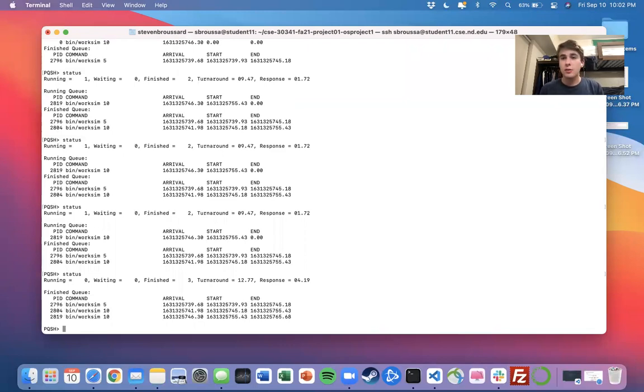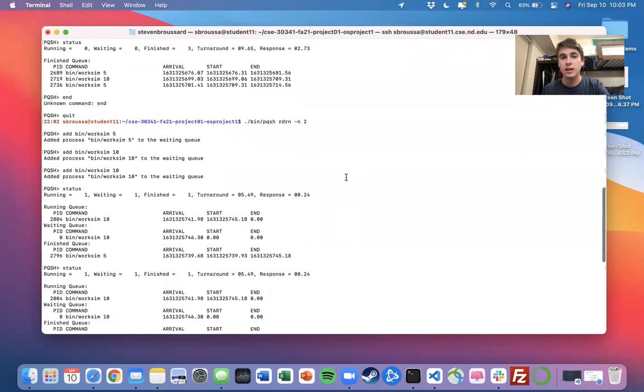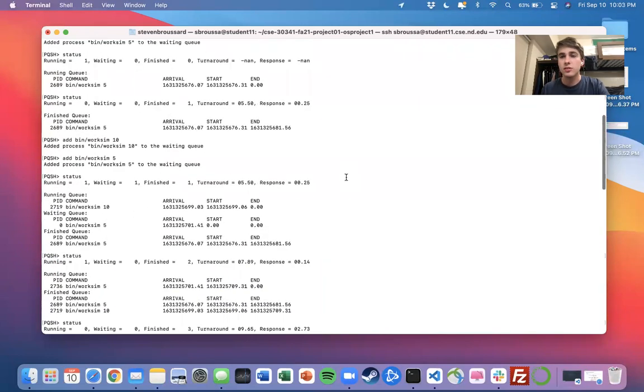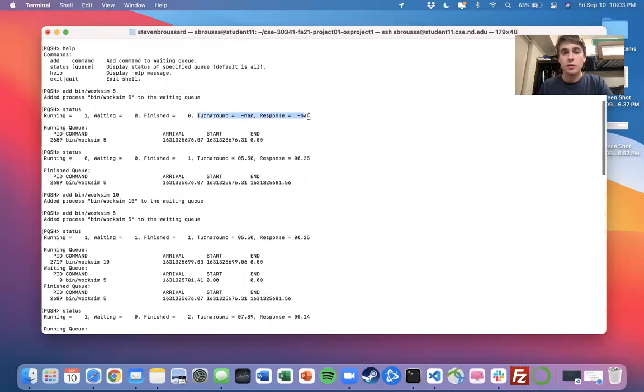So yeah, that's just how the project works with manual input. And as far as issues that I experienced with the program, I didn't really see any issues, except I tried adding a lot of different processes, and it still worked correctly. It just took a while, but it passed all the tests. The only thing, which is not really an issue, just a minor error, is up here. It starts off as not a number, which isn't really ideal from a user perspective,